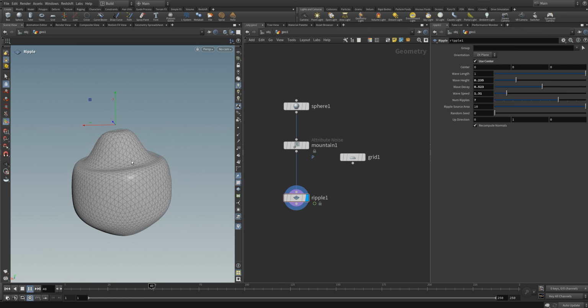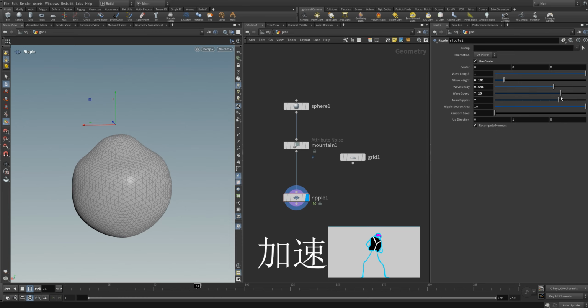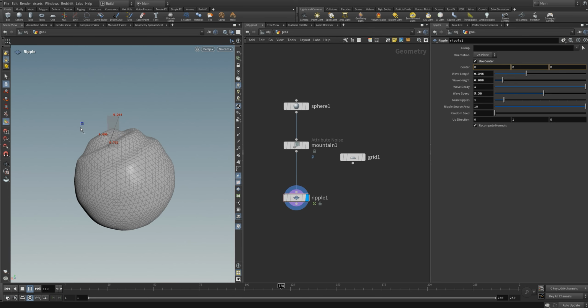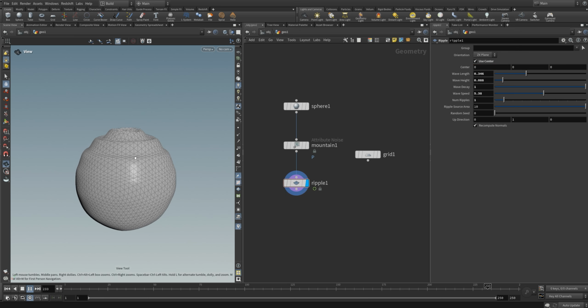Good. At this time, it has already begun to have an effect. We will adjust some parameters. You can move this to take a look. Go identify your location. We hold down